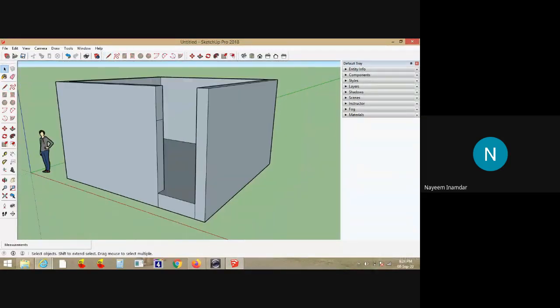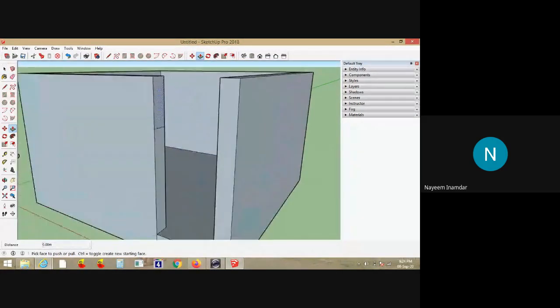Escape. Now I have to join this face. How to do it? Again go to the push pull command and hold the cursor on this. Now it is dotted, so it is ready to extrude. See here, I am extruding and joining at this point. Leave the cursor at the point where you want to merge the face.